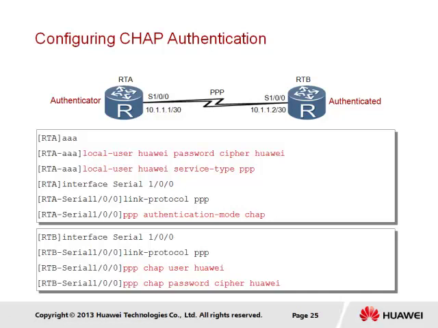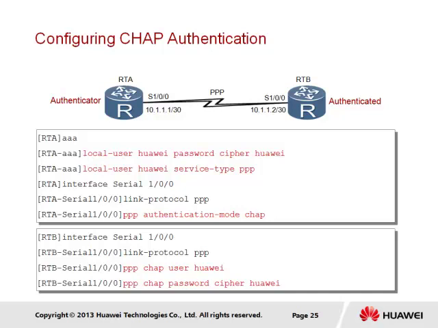On the peer device to be authenticated, however, we find that two commands are used. The first of which to set the username for the CHAP authentication, and the second to define the password that will be used as part of the generated hash to provide the secret, meaning that this password will never actually be carried over the serial link.